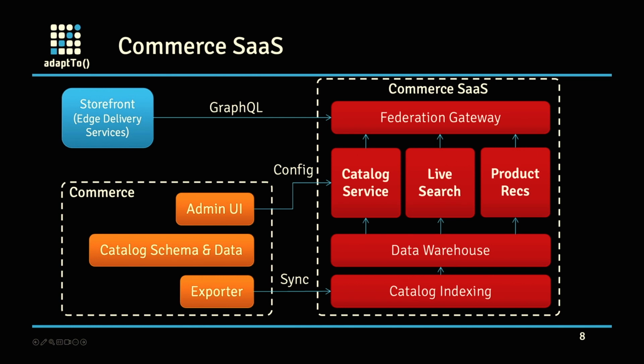So on the bottom left in orange, you see your typical monolithic Adobe Commerce environment. And on the right side in red, you see the new multi-tenant services. To actually use the services, the first step you need to do is install a few modules, which include an exporter and some admin UI. The exporter will basically take your catalog data, including how you structured it in your commerce environment, and send it to the services. The services will make sure the data gets indexed properly and then also stored in an optimized